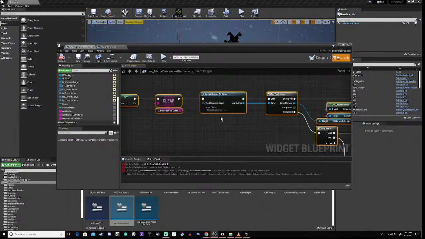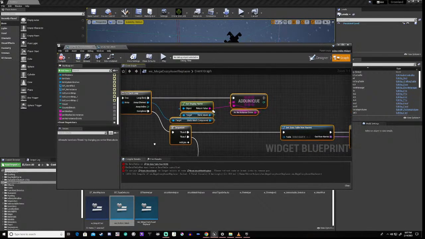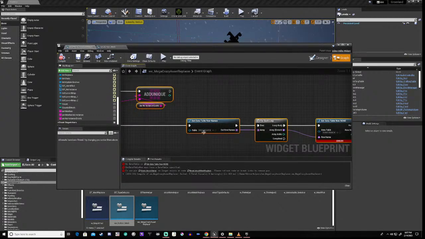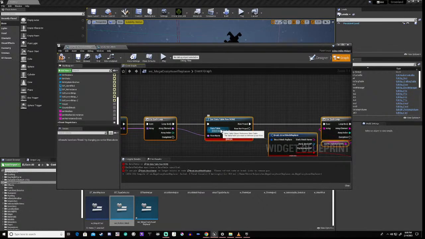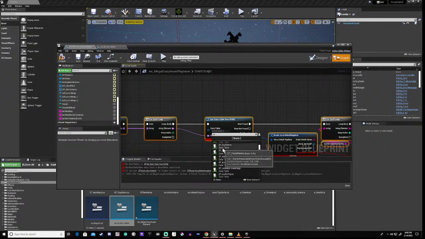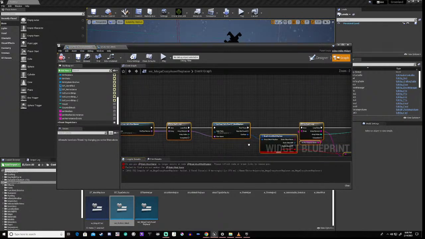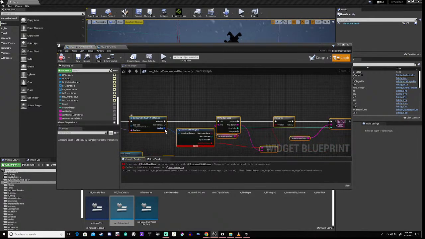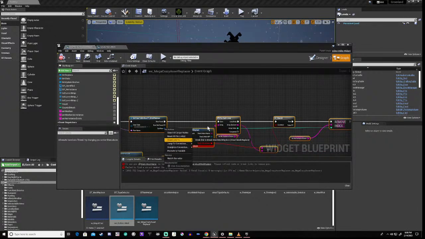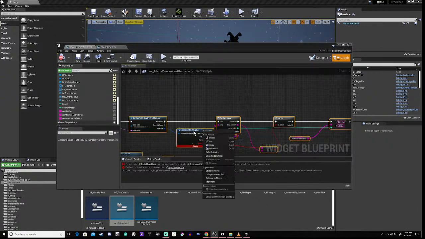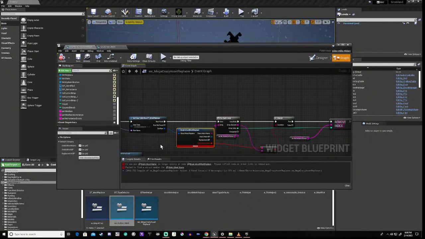Okay, get all actors of class, that's fine. Data table row, mesh replace. And mesh replace. Refresh that. And this is probably not going to work, so we may as well just come.